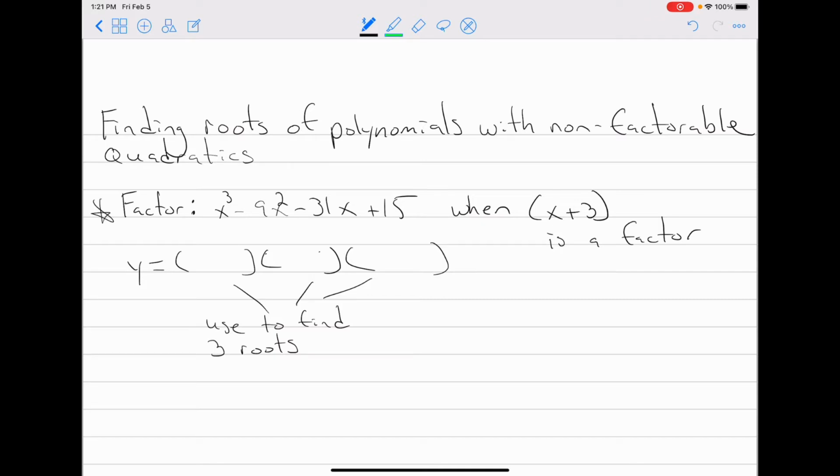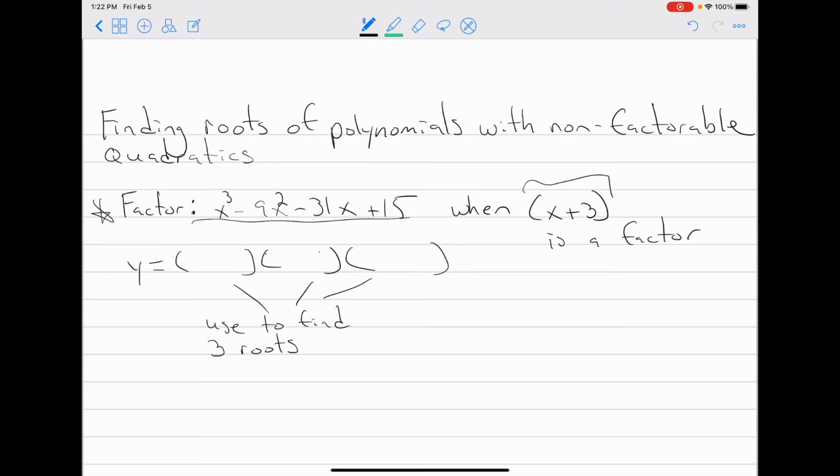This is a big overview that we're doing today. In other words, think of the big picture. Think of the big idea and the connections. Don't focus so much on the process. You're going to have more time to get through the process. Focus on the connections. All right, so we're going to go ahead and factor this when x plus 3 is